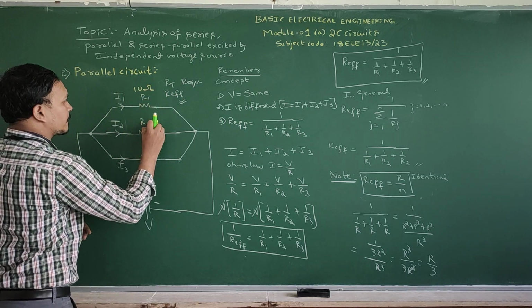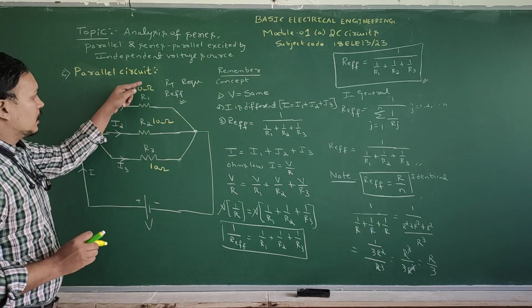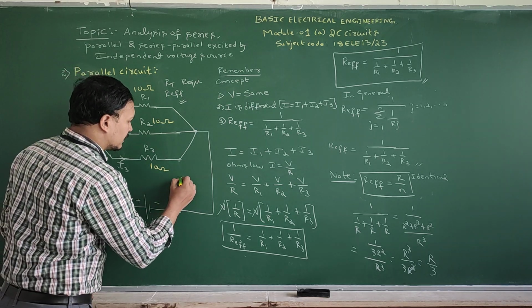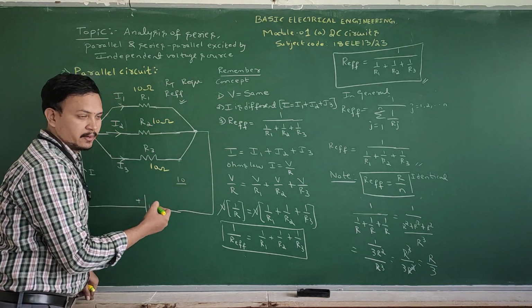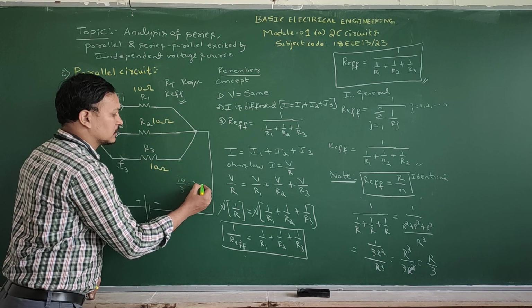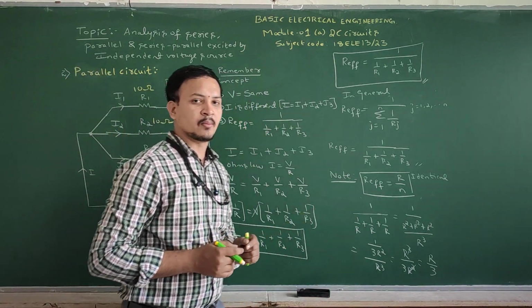So now you can tell the answer, as I am going to check whether you understood or not. 10 ohms, 10 ohms and 10 ohms. All are identical resistances. What is the effective resistance? You can say directly R by 3, R by N. How many elements are identical? 3 elements. 10 by 3 is 3.33 ohms. It saves time, if you remember this formula.